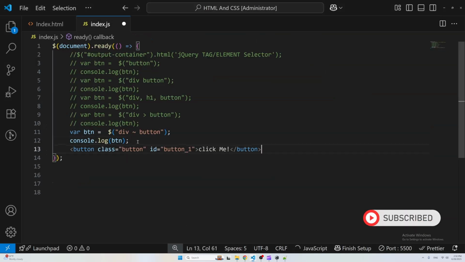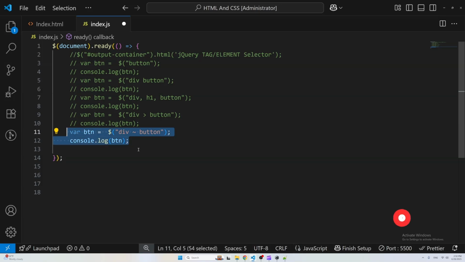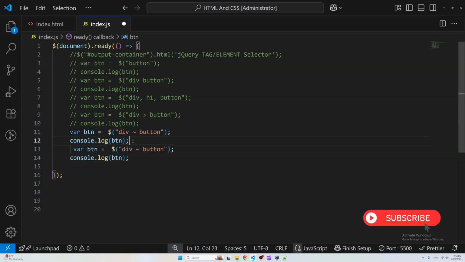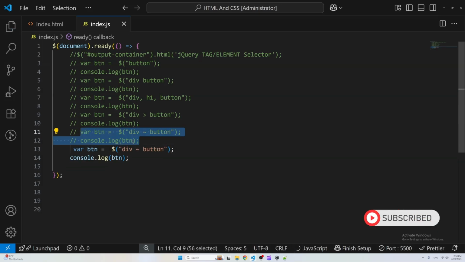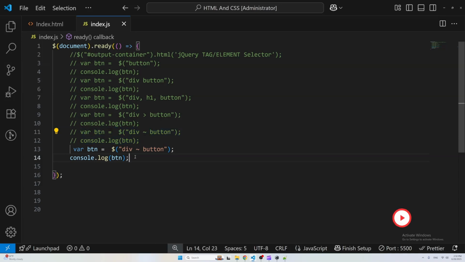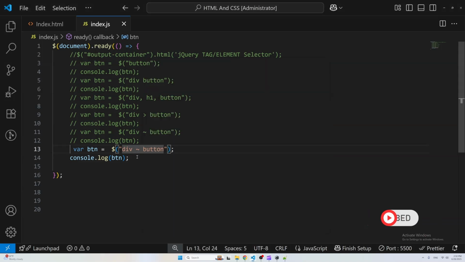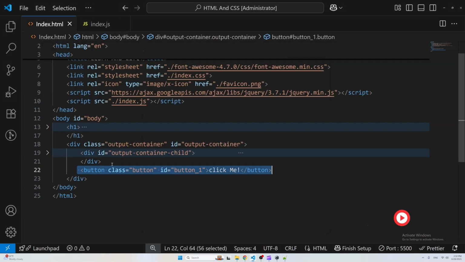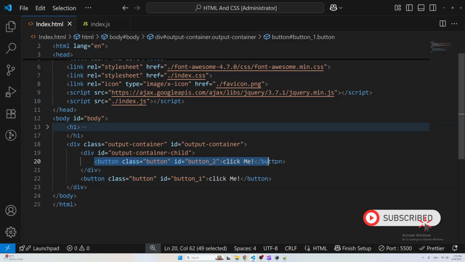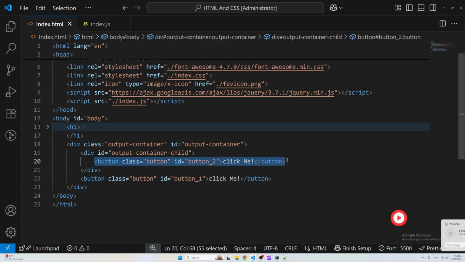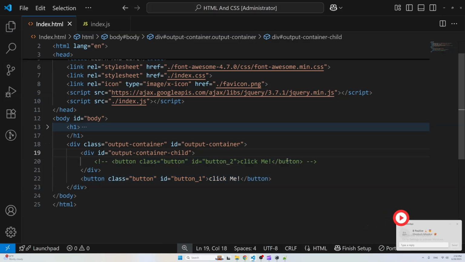Then we have another way of selecting elements: first child and last child. Then we have an nth child option also. So these selectors are like CSS selectors only. If you are familiar with CSS, then you will understand these selectors. So I'll comment it out and